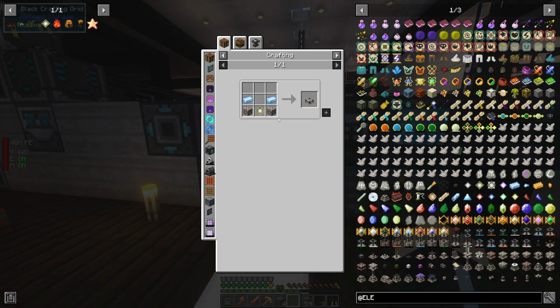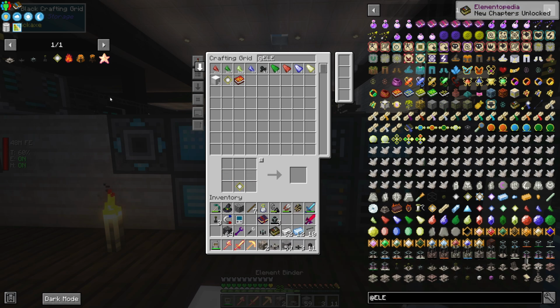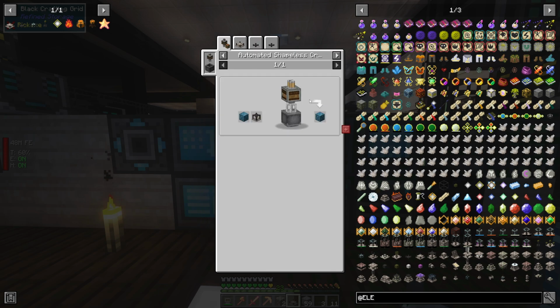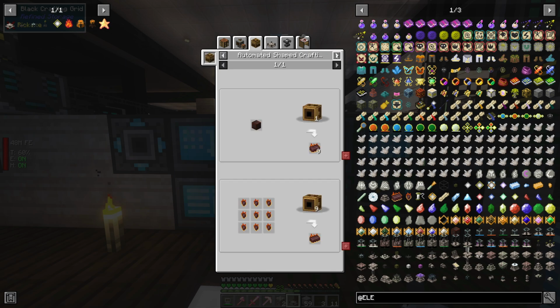So we need to make this elemental binder. But we need some more of this stuff, don't we? Let's click on that. And let's click this and see if we have enough to make this. We do have enough to make this. Okay, so that's cool. We do have the elemental binder. All right, does it show what this actually will make? No, it does not. All right, so if we go back to this...